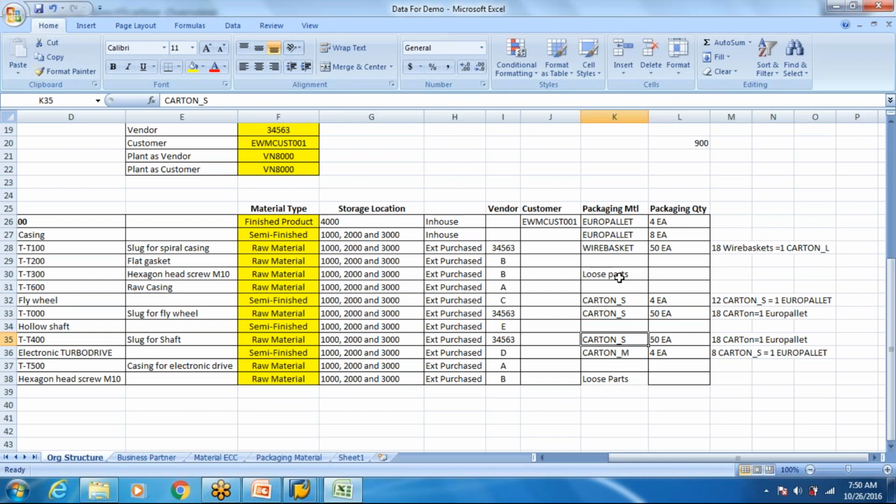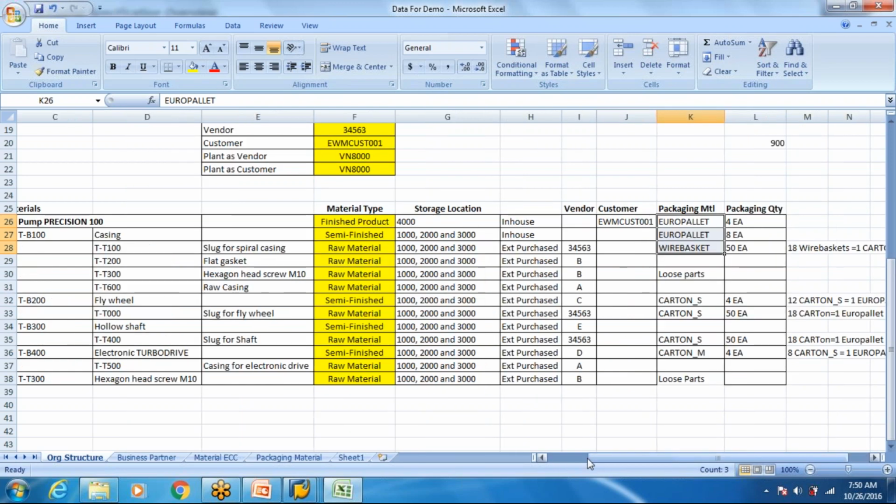So this kind of exercise that I have done for the first three products, I am going to give some combination here for all the remaining products, with some logic like this, depending on the product and what size it takes, what kind of packaging material can be used. Then what we are going to do is create pack specs for all of this. So wherever you see packing, we are going to create pack specs.